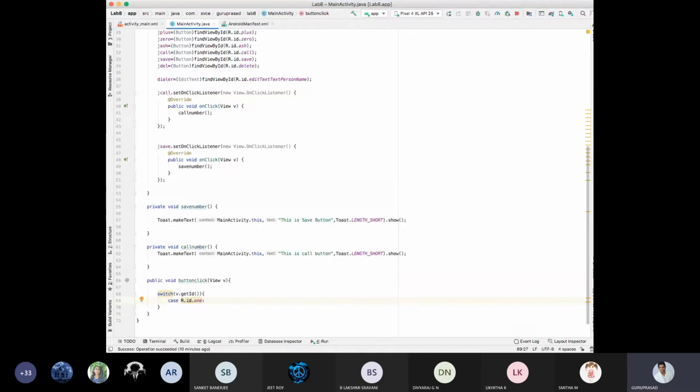Switch cases you know, right, how to use. Case 1, instead of case 1 I am writing case r.id.1 colon, not the semicolon.